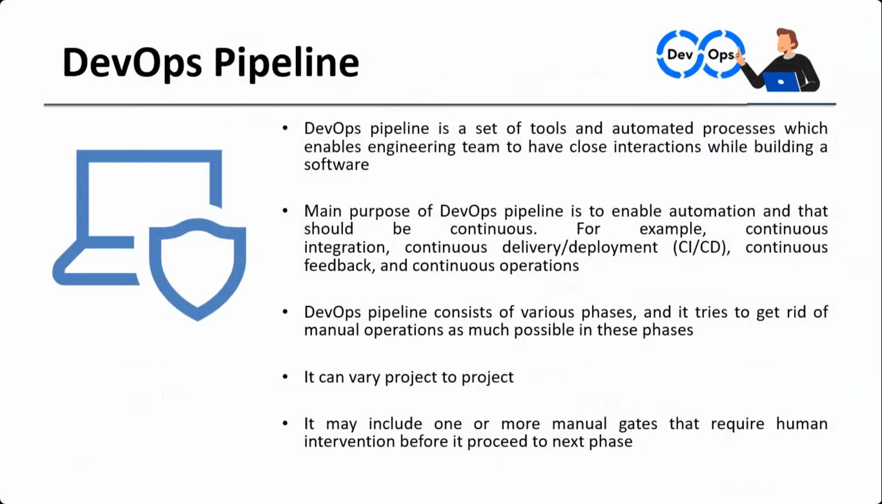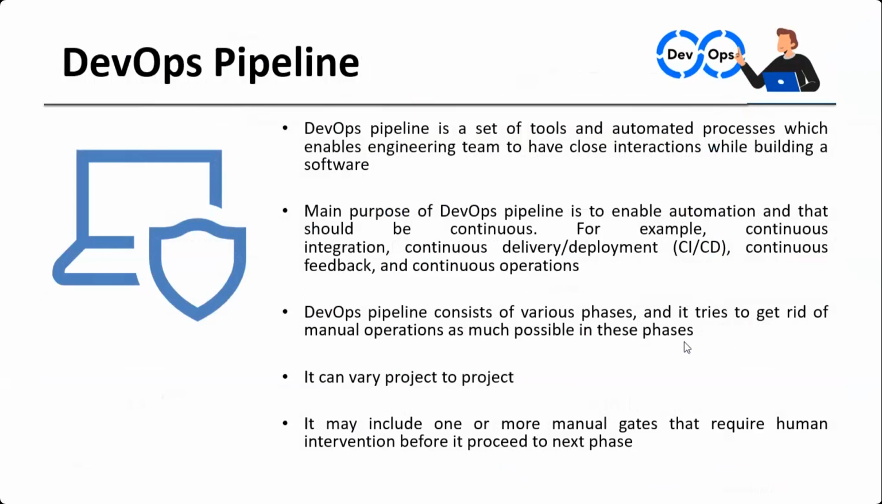So this DevOps pipeline typically comprises several phases, each designed to minimize manual intervention: continuous integration, continuous delivery or deployment, continuous feedback, and continuous operation. These phases can vary depending on the project, but generally the aim is to streamline and automate as many steps as possible. By reducing manual operation, this pipeline enhances efficiency as well as reliability in software